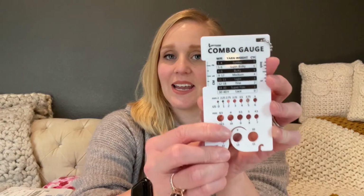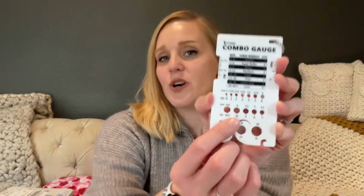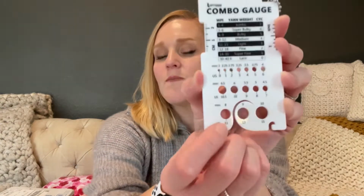And if you have a yarn that is missing its label, or the yarn was given to you, or you lost the label, you can find out what size that yarn is now. So love this quick guide, super brilliant. Then down here is the gauge for your crochet hook or your knitting needle, where if